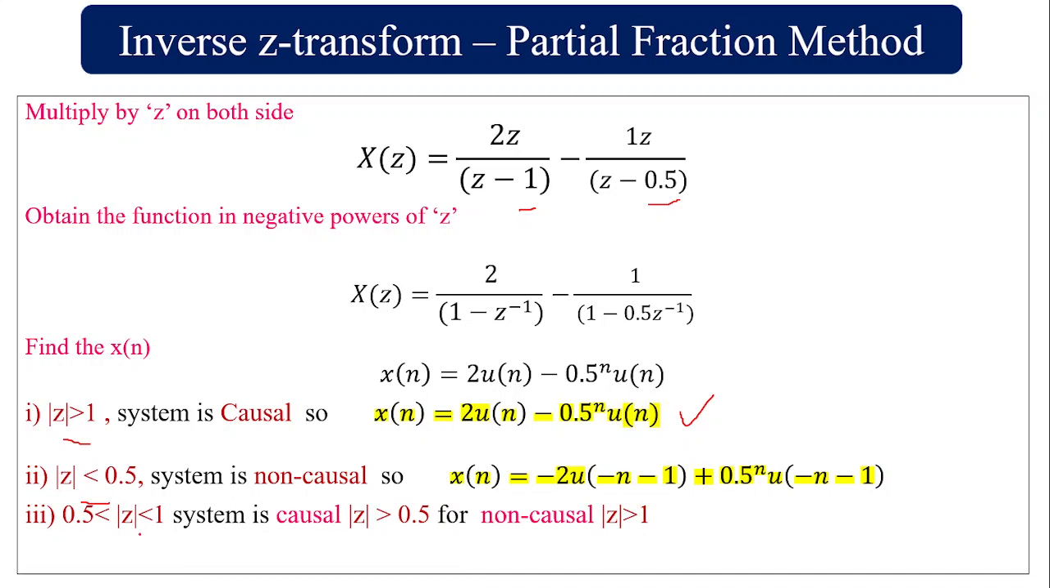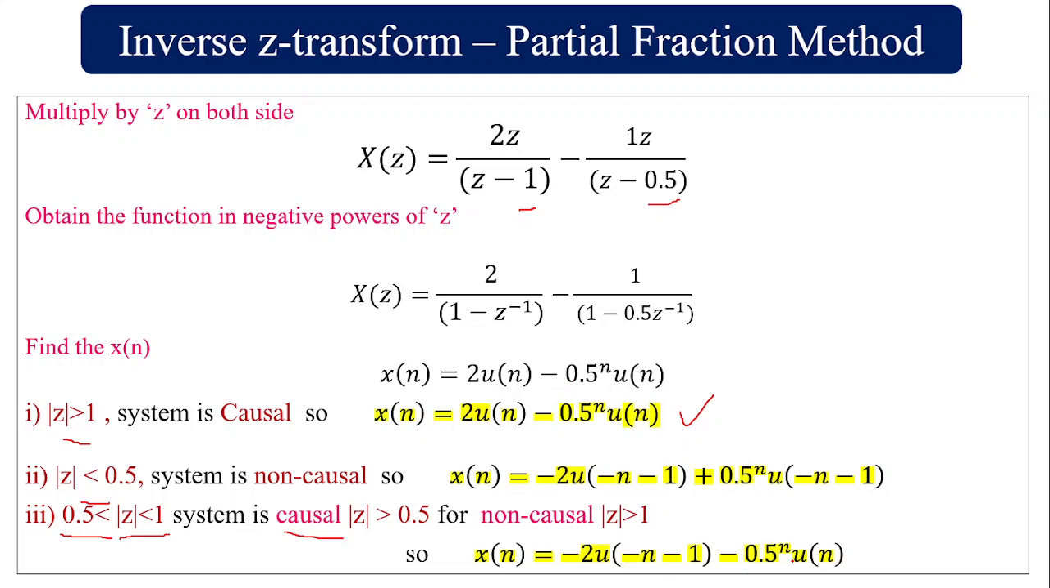Number 3 is 0.5 less than modulus of z less than 1. Here modulus of z less than 1 becomes non-causal, right? And here 0.5 less than modulus of z becomes causal, because I can write this as modulus of z greater than 0.5. So the pole with modulus of z greater than 0.5 is going to be causal, and less than 1 is going to be non-causal. So your x(n) is equal to: here the pole is 1, so it is non-causal, so minus 2 u(minus n minus 1). Here for the 0.5 it is going to be causal, so it is the same as the equation given,